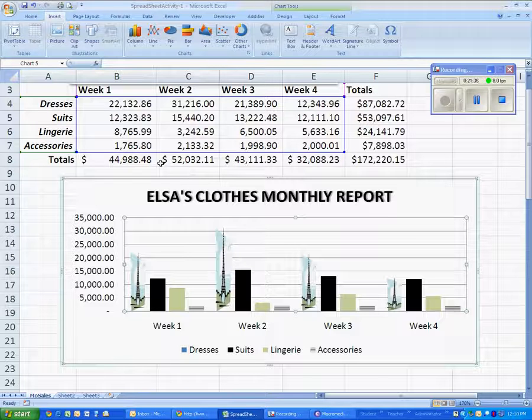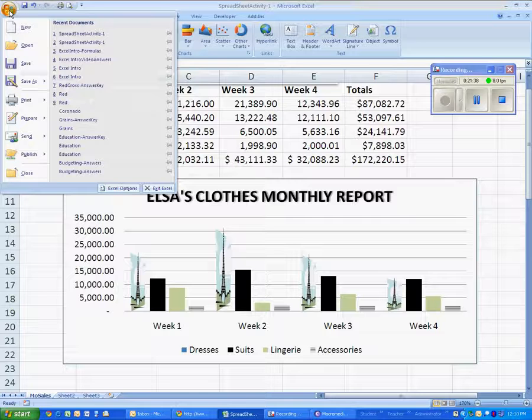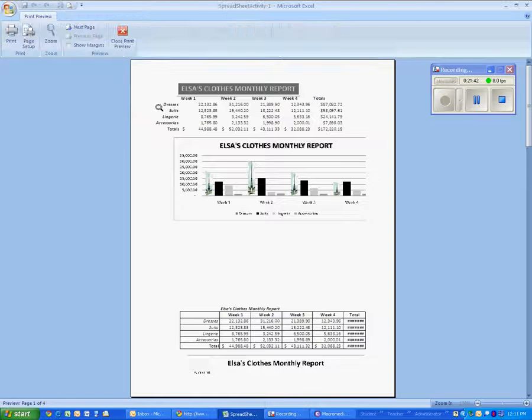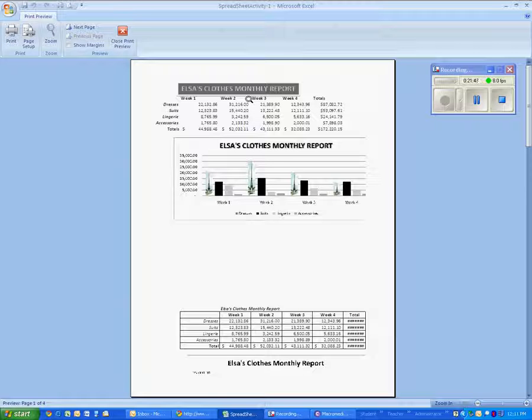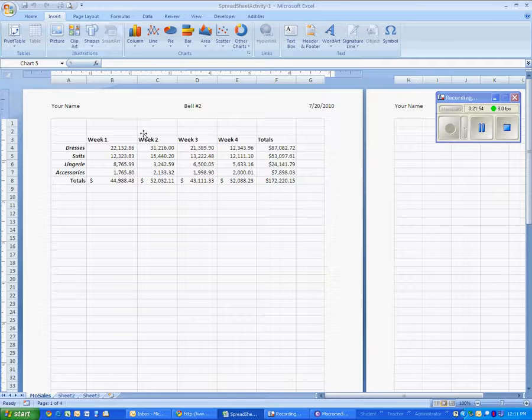You'll notice that there's no change on your spreadsheet, but if you go to preview it, so go to the Office button, print, and then print preview, you should see it here at the top. Now you'll see it at the top here. If for some reason you don't, come back to the